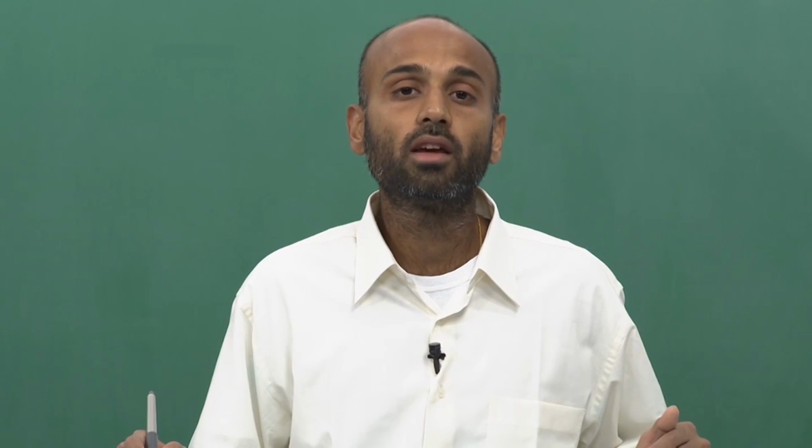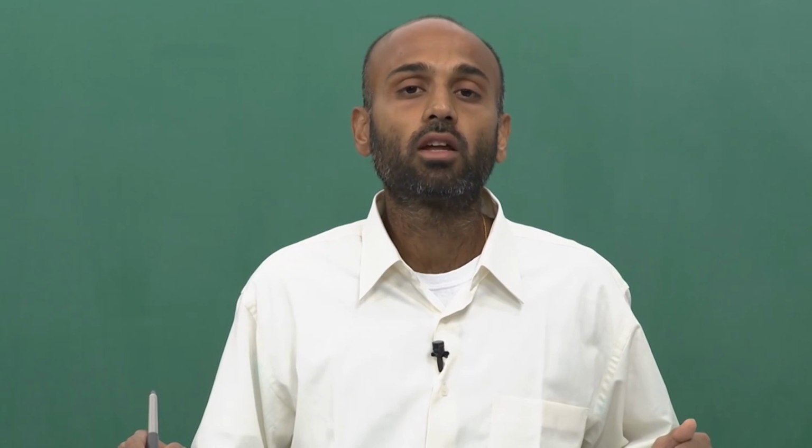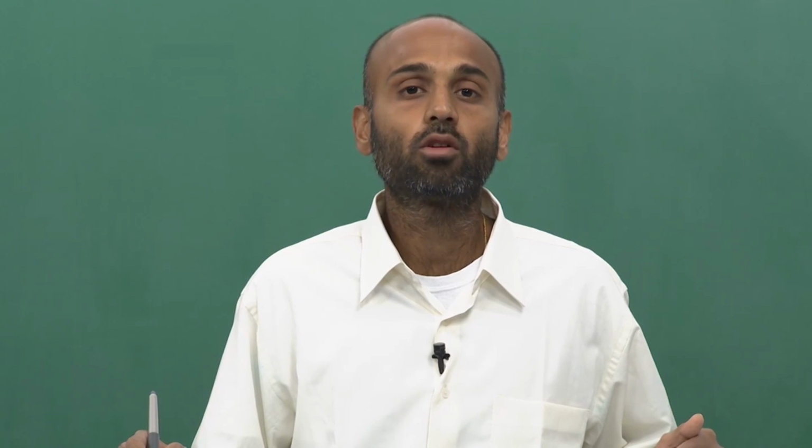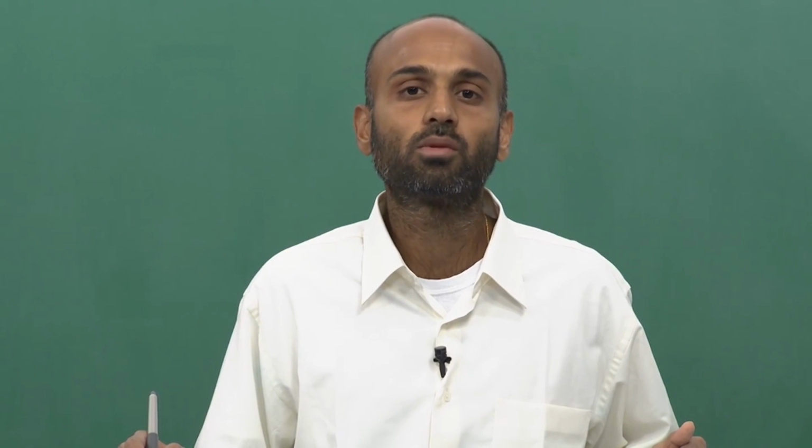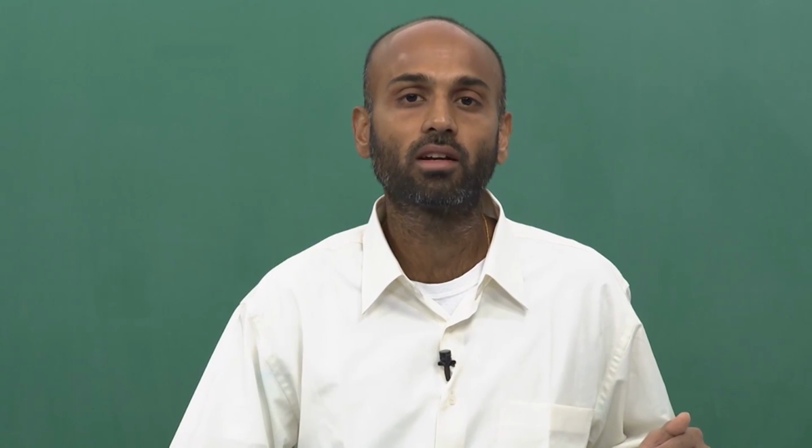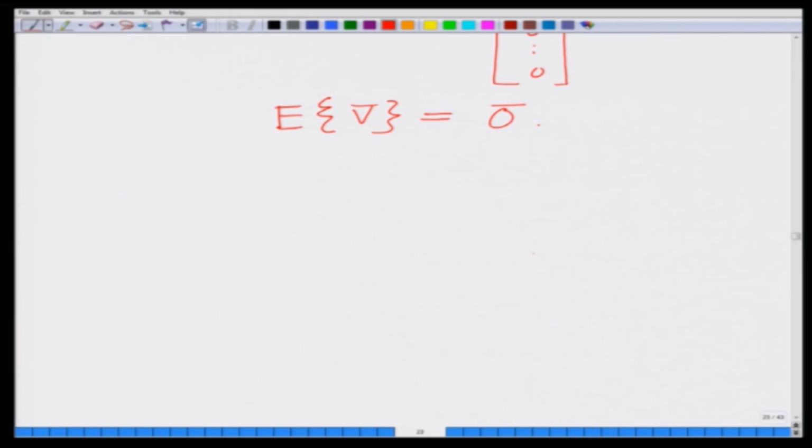Now, let us look at the variance. Of course, since V bar is a vector, we cannot look at the variance of a vector, we have to talk about the covariance of the noise vector, and that is defined for a 0 mean vector as follows. The covariance for our 0 mean noise vector is defined as Rv, that is the expected value of V bar times V bar transpose. For a scalar, we look at the square of the random variable. Now, since it is a vector, we are looking at the expected value of V bar V bar transpose, which if I simplify